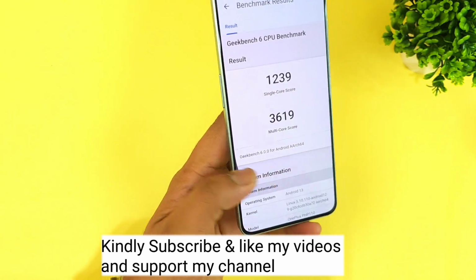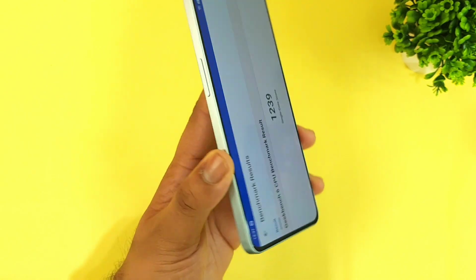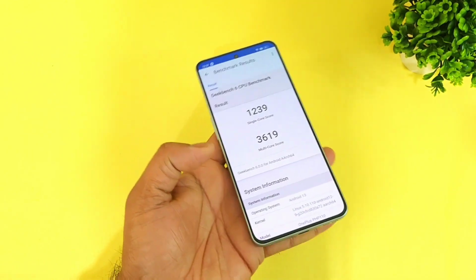Next time I'll try to use the high performance mode, and then I'll do the test, and we'll compare before and after what happens with the high performance mode in the Geekbench 6 test